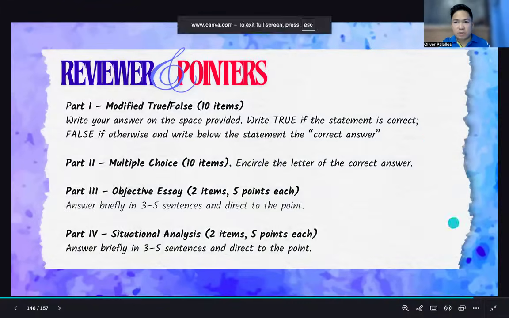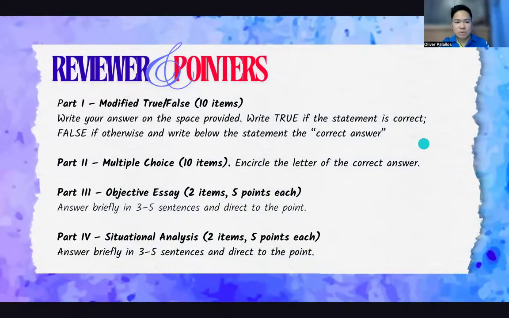So again, I'm flashing on your screen parts 1, 2, 3, and 4 of the coverage of our exam tomorrow. So again, part 1 is modified true or false. If the statement is false, you need to correct the statement. So write the correct statement below the first statement. Part 2 is multiple choice. Usually the information needed to answer the multiple choices has been discussed in my recent presentation, the one that I have flashed online. Part 3 would be